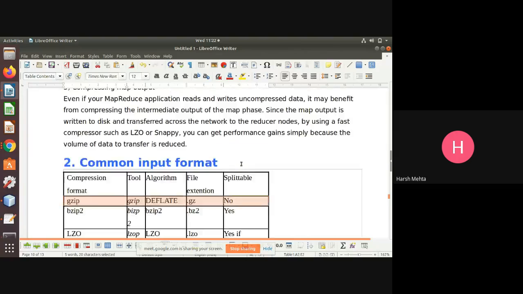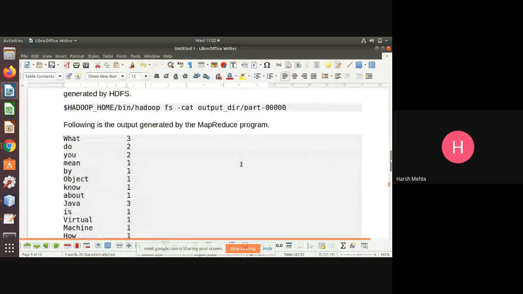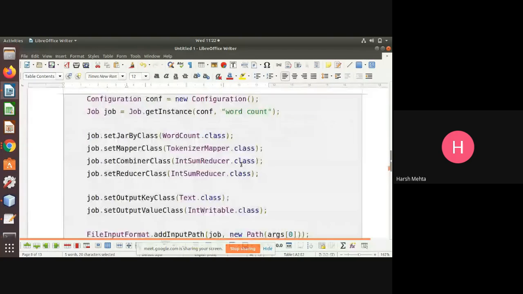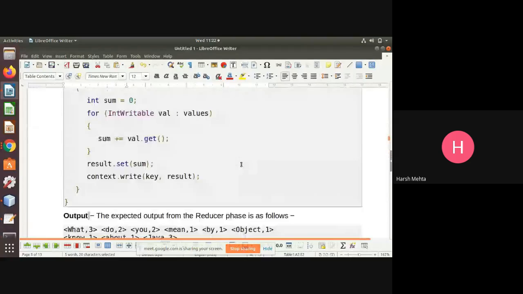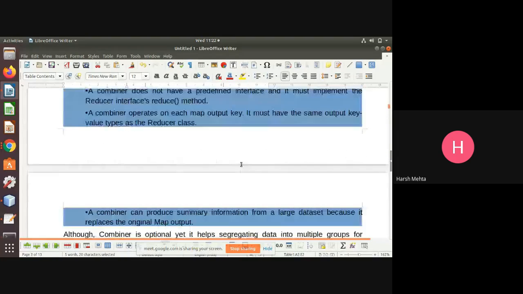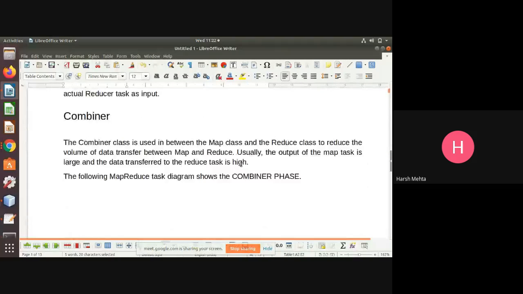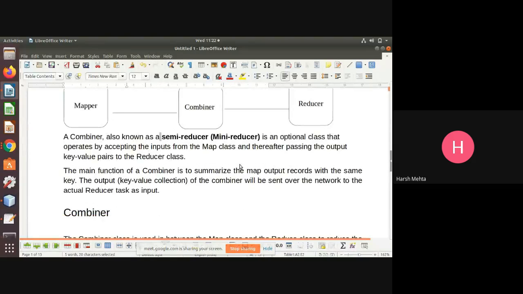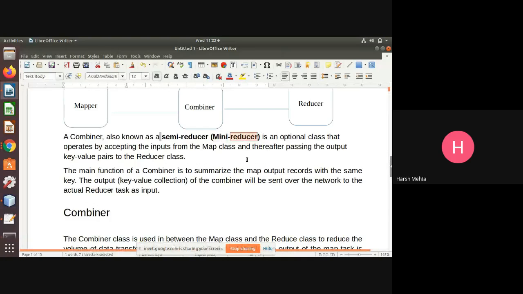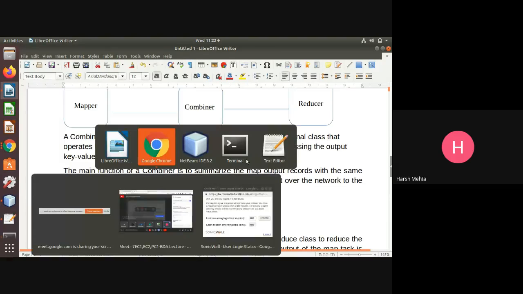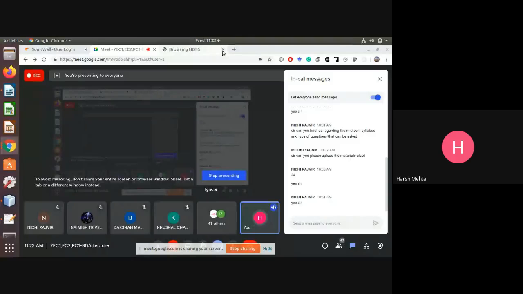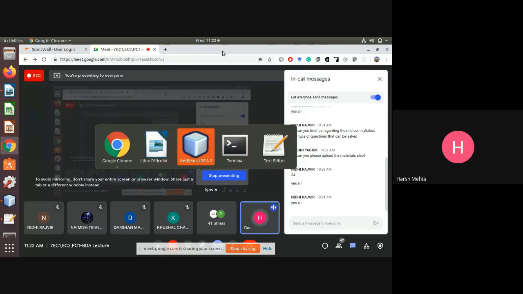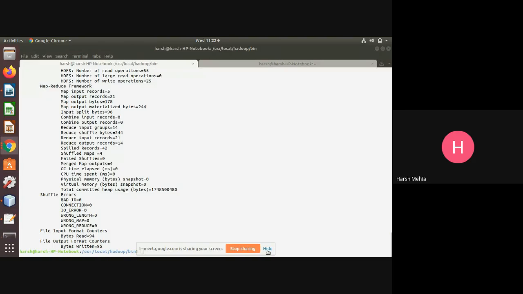Okay, so we have covered three topics actually: partitioner, combiner, and data compression in Hadoop. I think one or two small topics are still left in Hadoop that we'll cover in tomorrow's lecture, and if possible, we'll start NoSQL also tomorrow. Fine. So here, let me stop this Hadoop because we have done all these things.